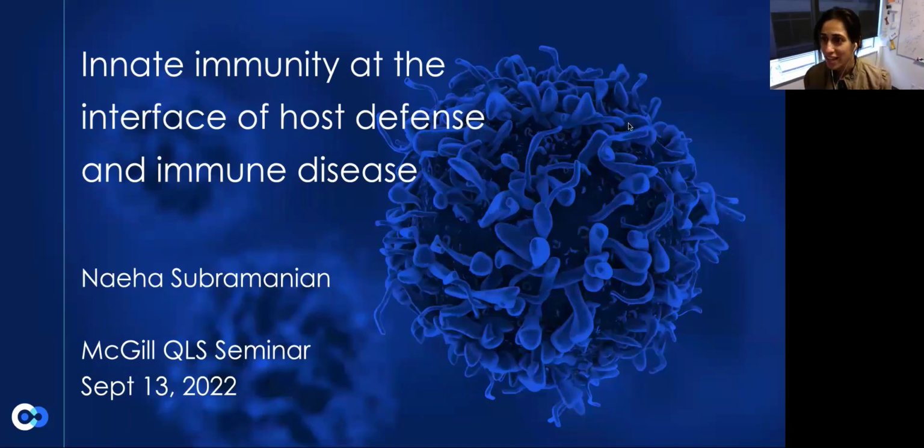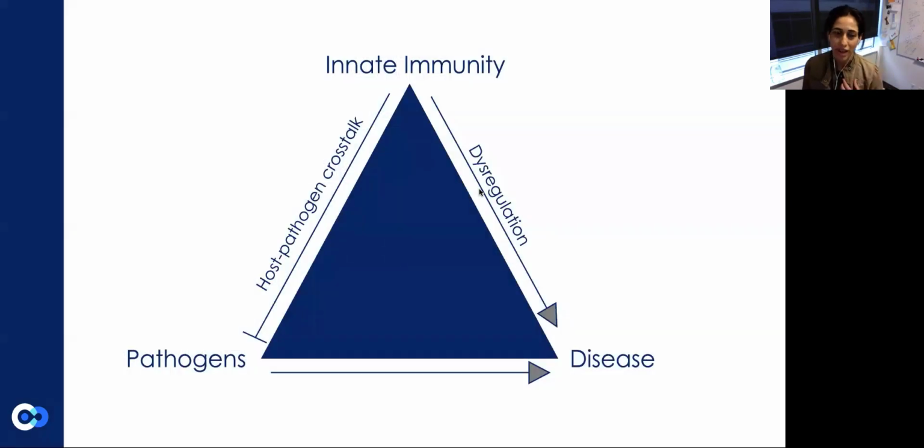So like Judith said, we are really at the interface of innate immunity and systems biology. And I like to think that we started to use more and more of these big data tools in our work, but our work is still rooted in the basic concepts of innate immunity. So my lab essentially is interested in this innate immunity triad where, we know that the innate immune system is absolutely required for host defense against pathogens, but if this is dysregulated, can lead to a variety of diseases.